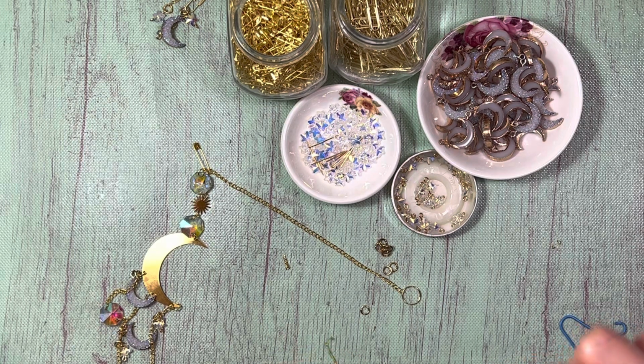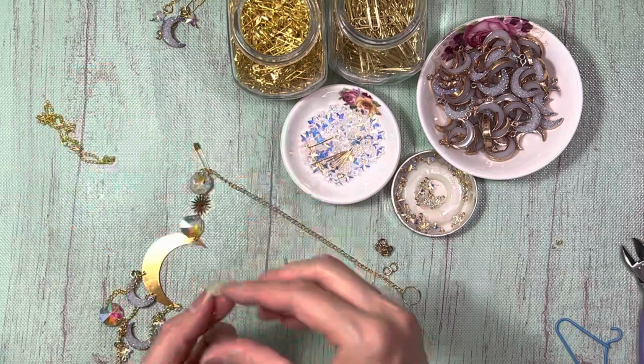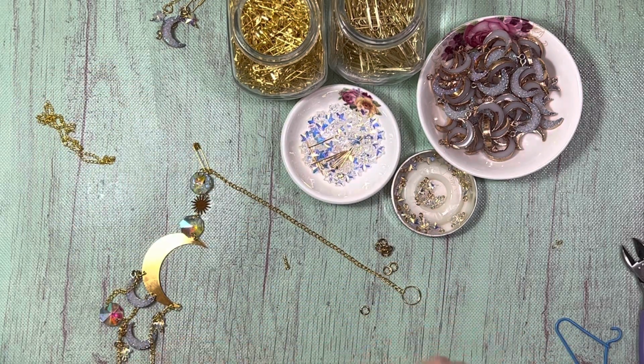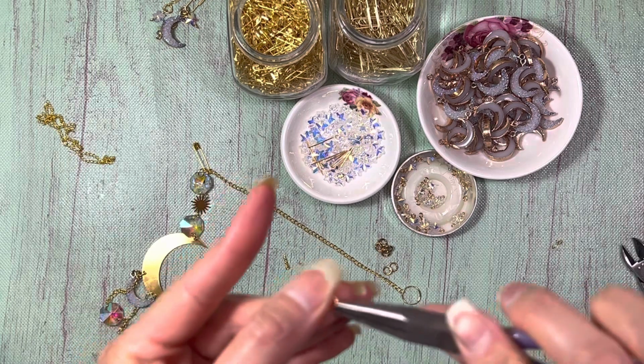This is being kind of difficult. All right. So let's work with these two pieces here. All right, I am going to open up a jump ring